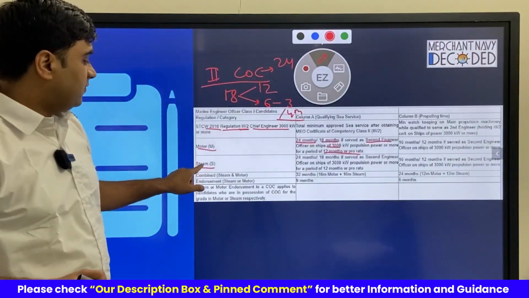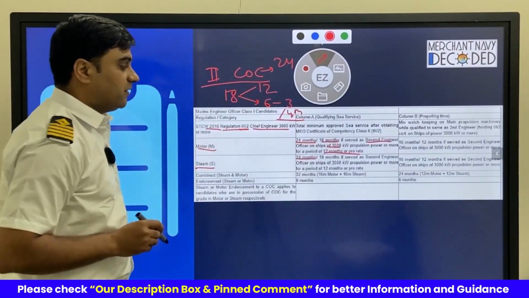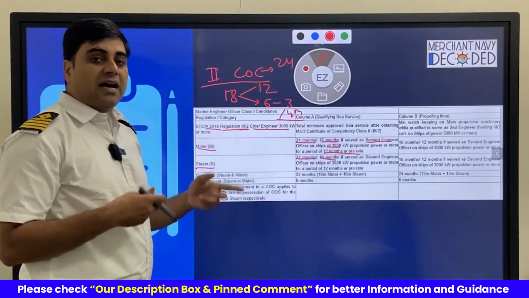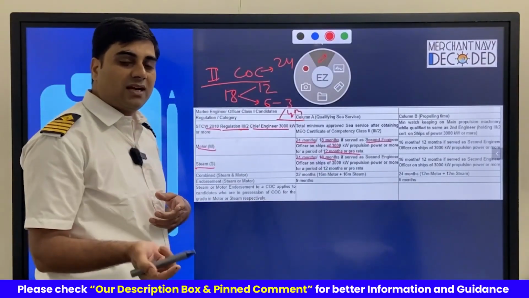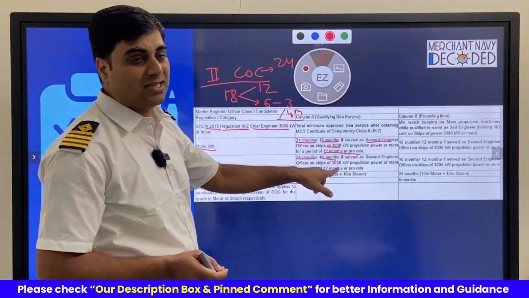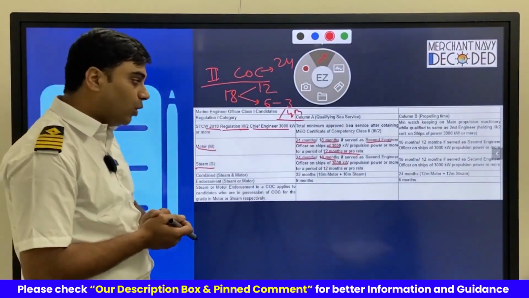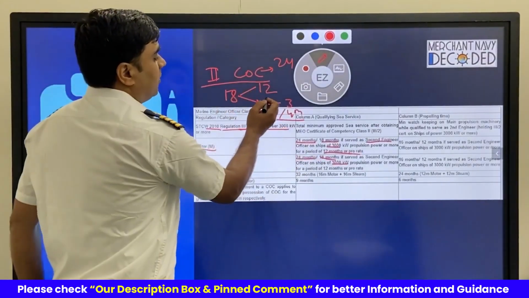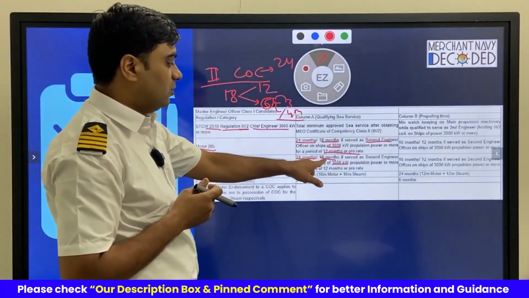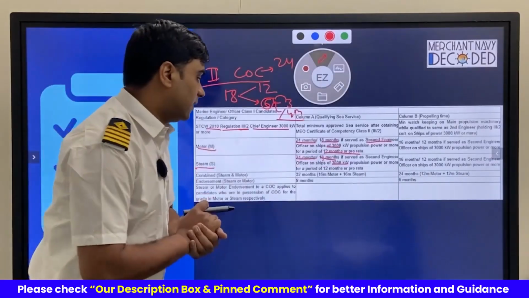However, when you are applying for steamship, the criteria is again similar. Either you have 24 months, no question asked, or 18 months, where the question asked will be how many months you have sailed as a second engineer. If you can answer that you have sailed more than 12 months as a second engineer on an engine of 3000 kilowatt propulsion power or more, then another 6 months could be as a third engineer or even as a fourth engineer. Then you are eligible to appear for the MEO class 1 exam.